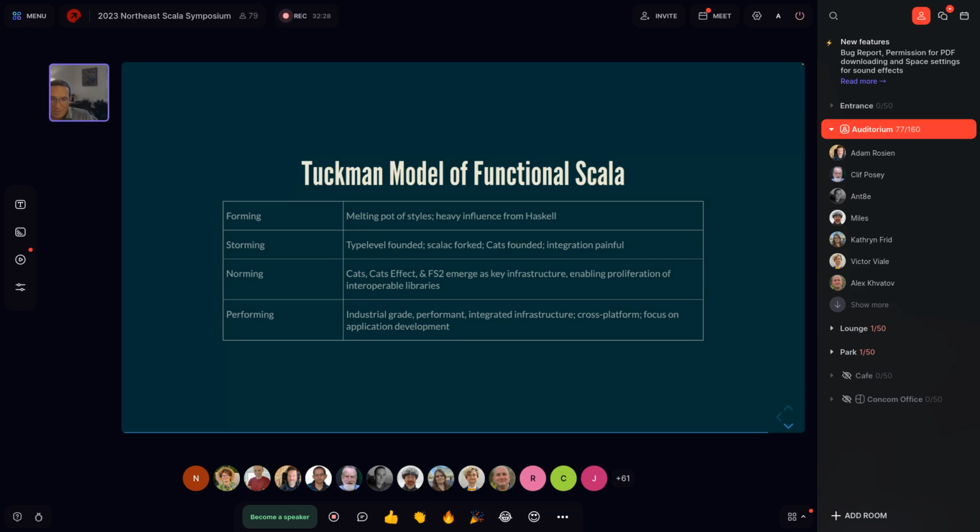So from 2017, maybe up through 2018, 2019, we went into this norming phase, is the way I look at it. Key infrastructure like Cats, Cats Effect, and FS2 stabilized and became safe for people to build the next level of middleware on.